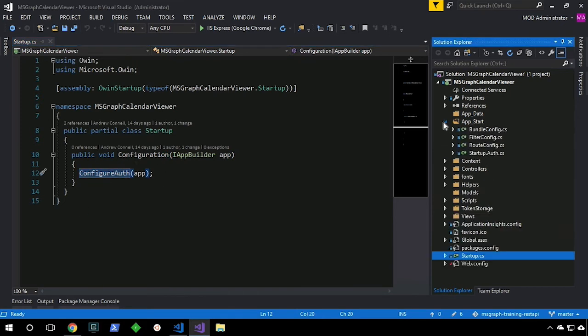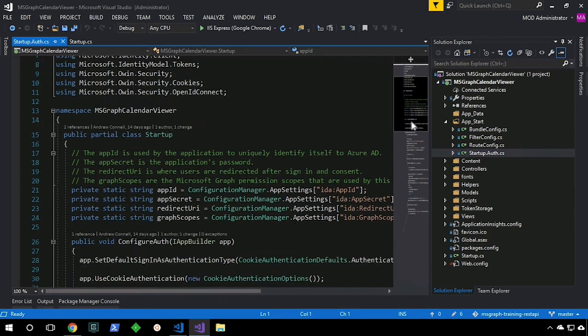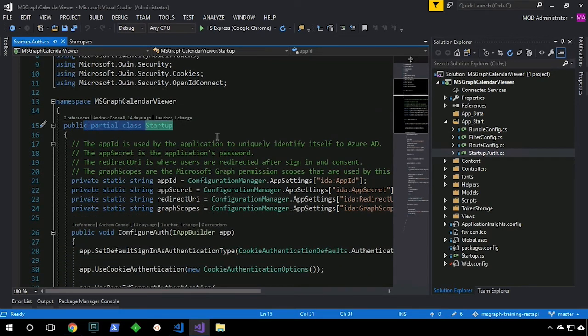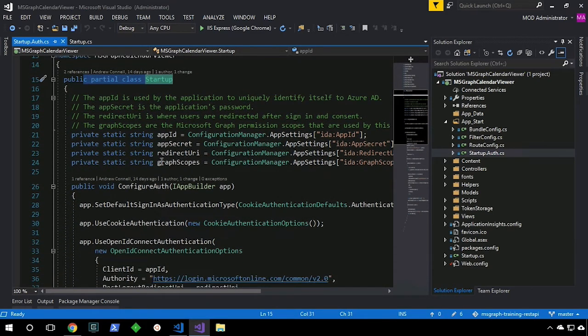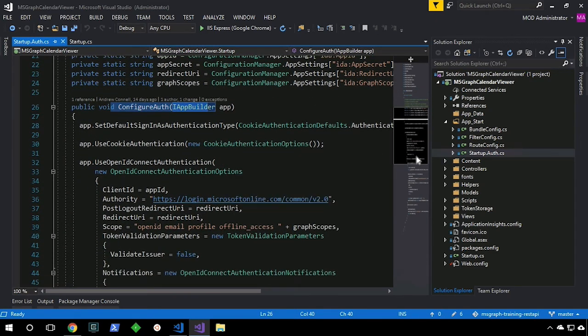Instead, in our App_Start, I have a StartupAuth file that I also created. And this file is the other side of the partial class for this Startup. So I'm getting those same values that we put in our web.config just a minute ago, and I have our ConfigureAuth method that we've defined. And here, this ConfigureAuth method